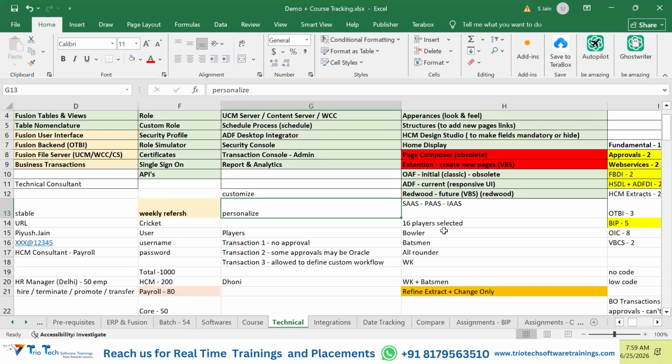You have the capability to act as a line manager, and you, being a line manager, are also an employee of the company, right? So do you need to switch? In EBS, as an employee, I need to switch to the employee responsibility and only then will I be able to update my personal details, update my bank details, and download my payslip. Then I need to switch the responsibility again to act as a line manager. Only then will I be able to track my direct reportees and review their performance.